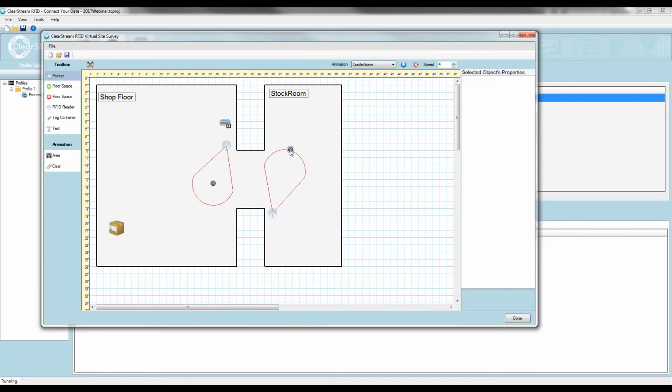You can do as many antennas as you'd like. In real life, you probably want some additional antennas. Let's put this thing on the side of the stock room for the time being. Okay. So what I want to do here is, I don't care if you have a stockroom set up